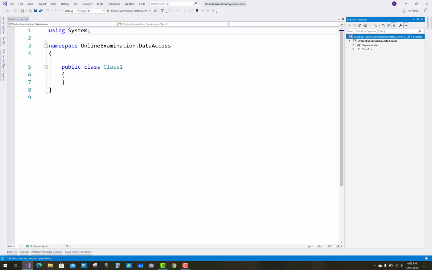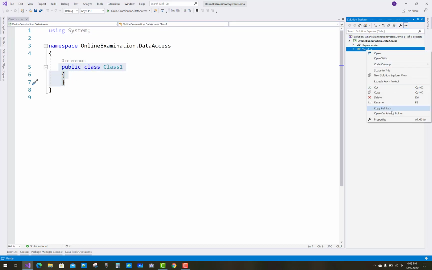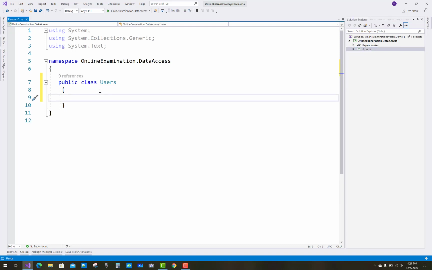So the first layer of the project is the model, that is the data access layer, and these are all entities. The first class of the project is the student. First of all, rename that class to Users, because in this project I am going to use a session for login purposes. So take the user class, rename it to Users, and the properties of the Users class are: prop integer Id,